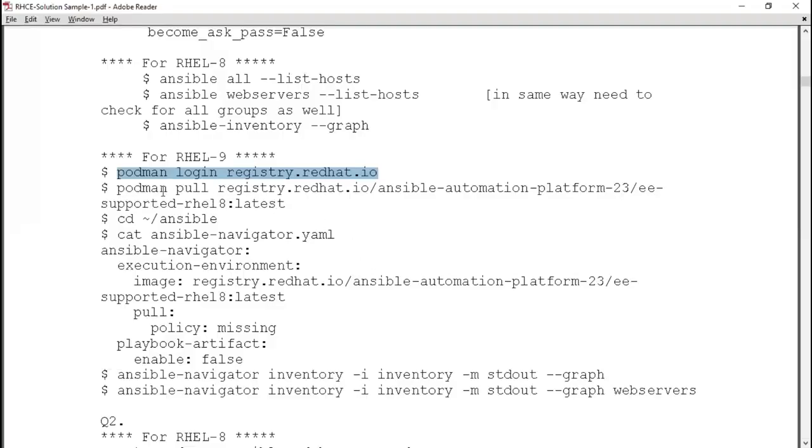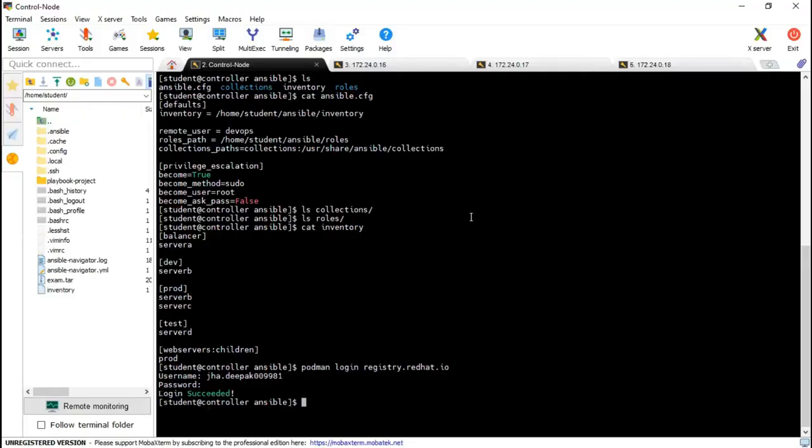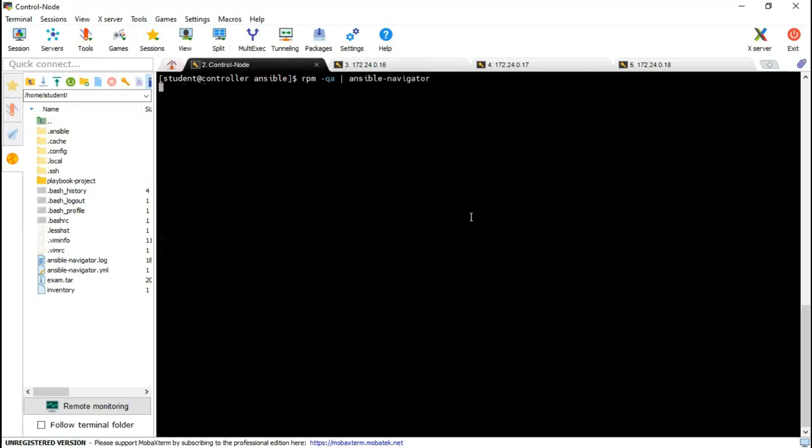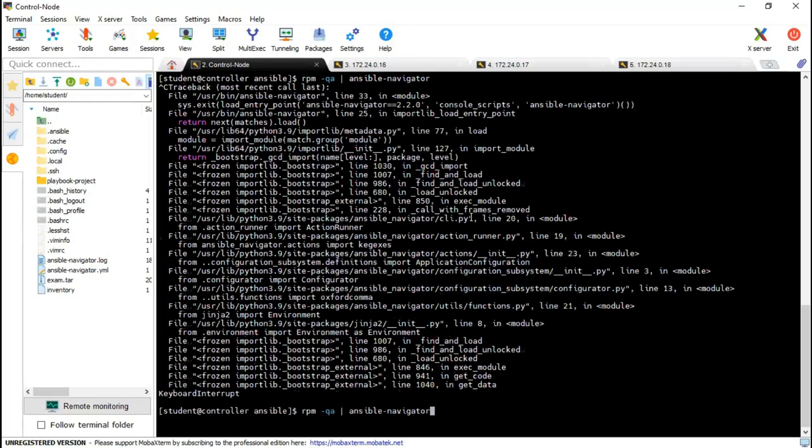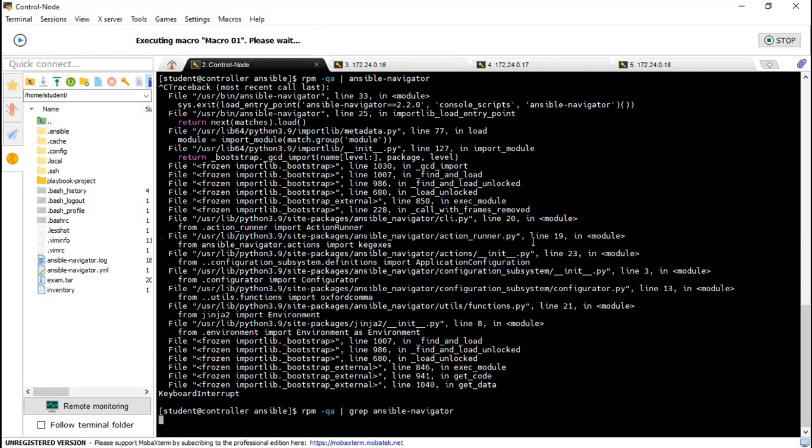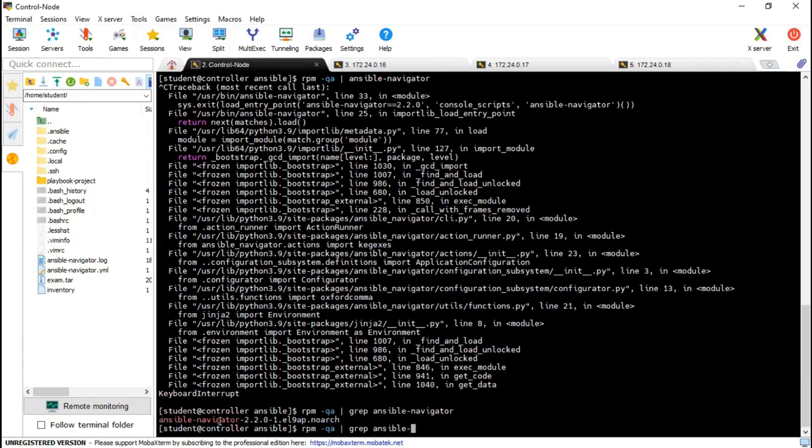I'm logged in now. Now to pull the image with podman, I would give you one tip. First of all, if you have installed the Ansible package, then obviously you will be aware which Ansible package or navigator you have installed. So it's 2.2, right?